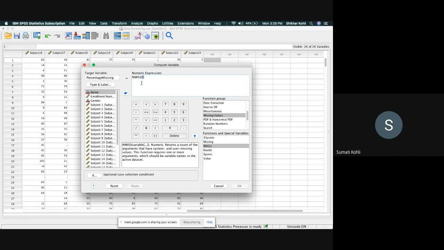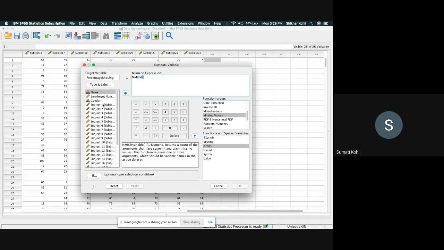In place of this question mark, we will have to tell SPSS which columns we want it to calculate the missing values from.